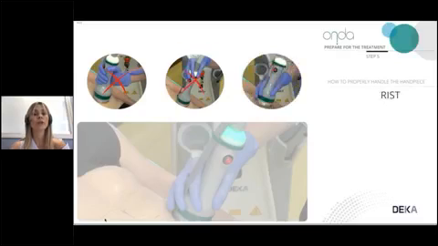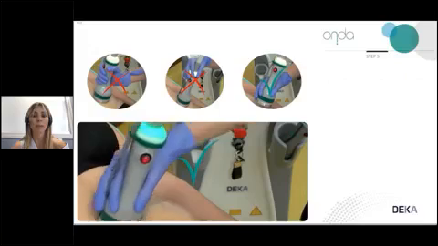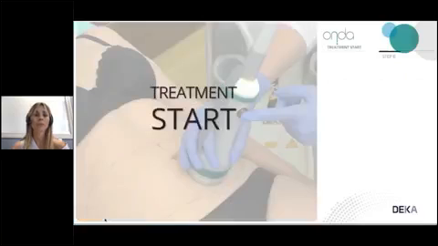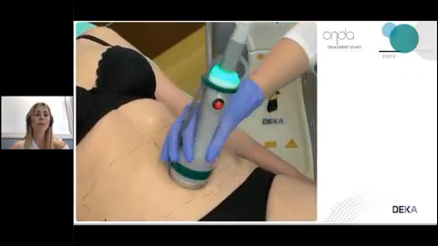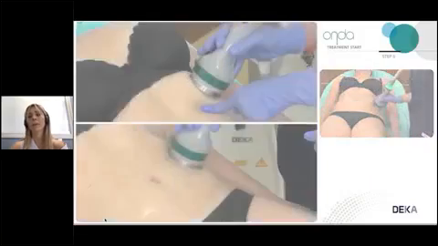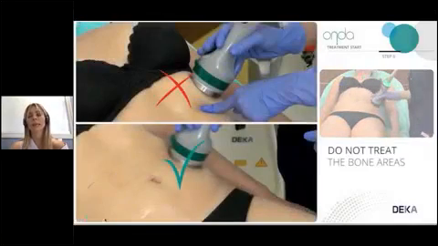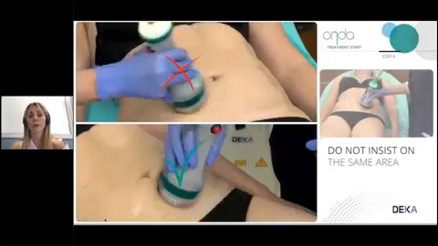It's important not to stress too much our wrists, so we normally hold the end piece like a pen. It's important to slide, passing several times in this square 15 by 15, all our dose